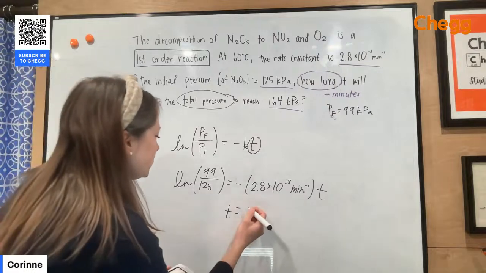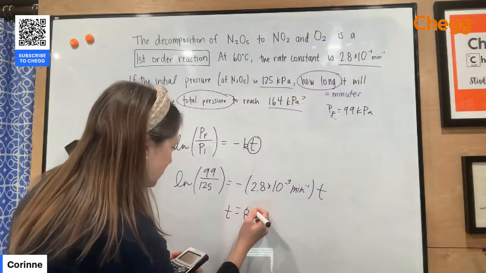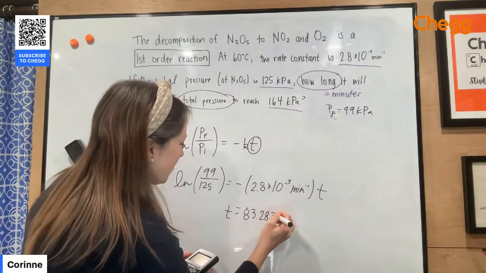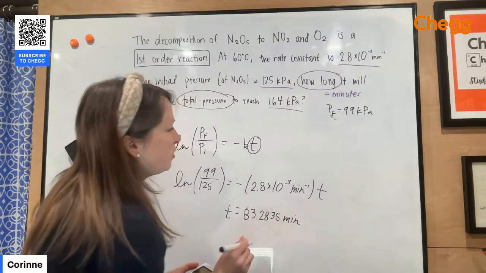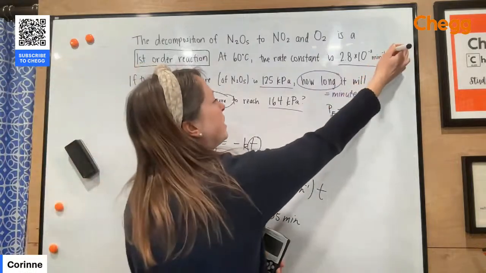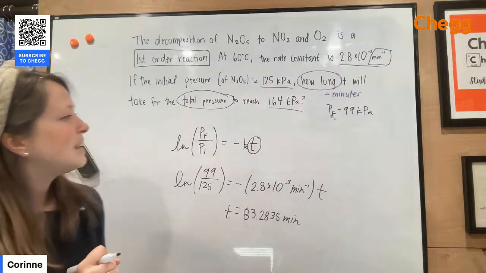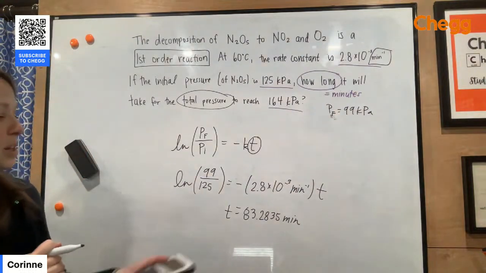Yeah, all right, so this would take 83.2835 minutes. How do I know it's in minutes? I'm going to use the constant that I'm given. That's going to give me my time. It might be seconds, but in this case, we were given the minutes, so that's what we're going to use